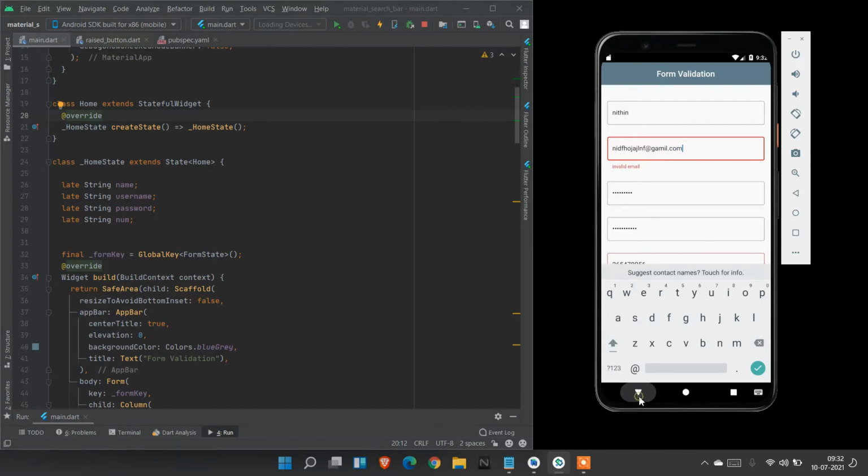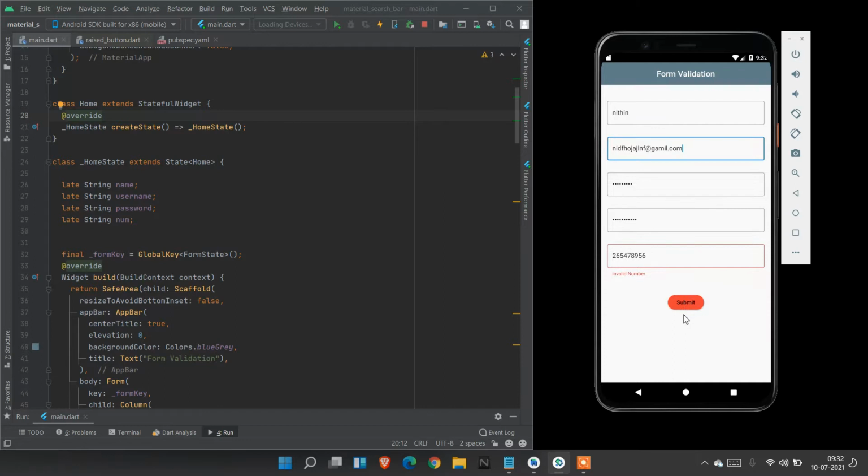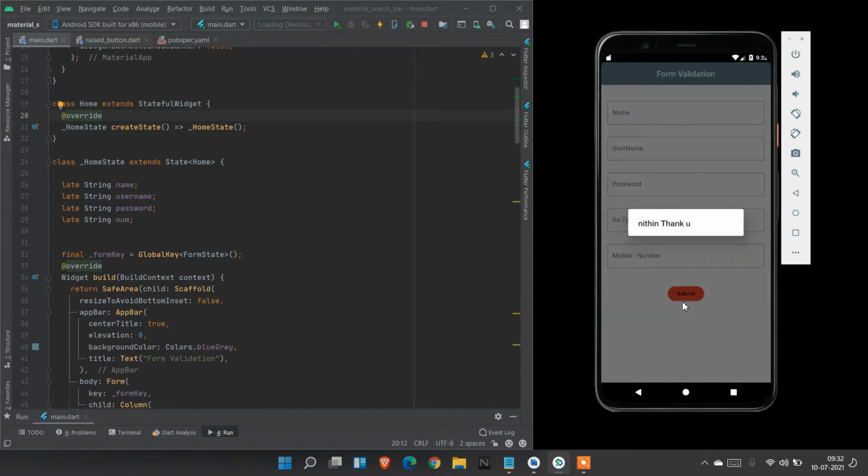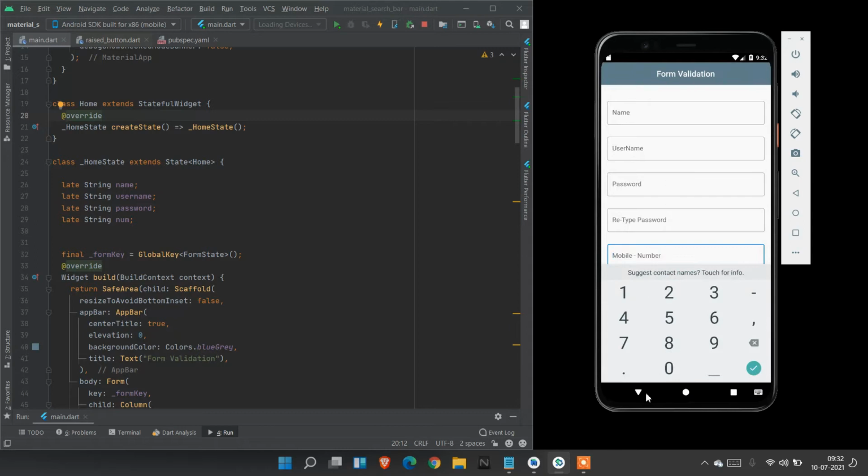Now we see it validates a Gmail and we need to enter a number. If we enter all right, it shows thank you for the name.